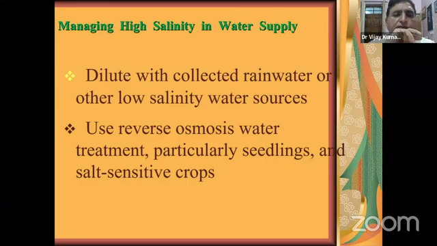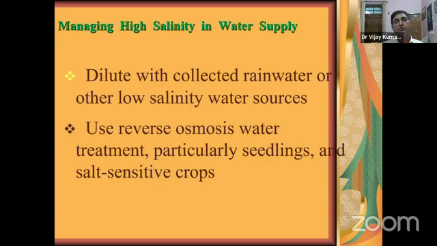Use the reverse osmosis water treatment, particularly for seedling and salt sensitive crops. You see how Israel has made a success story, having a lot of saline water. The water is not fresh in their country. So they have used this technique, use of reverse osmosis water treatment for growing the plant, and they are